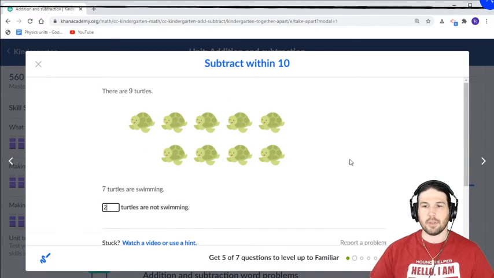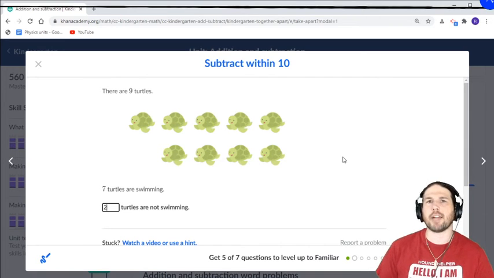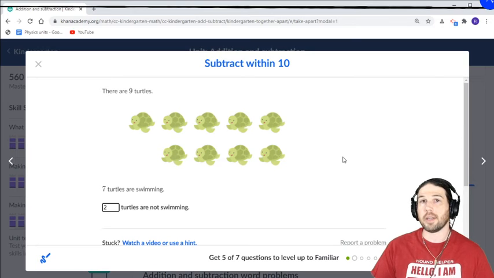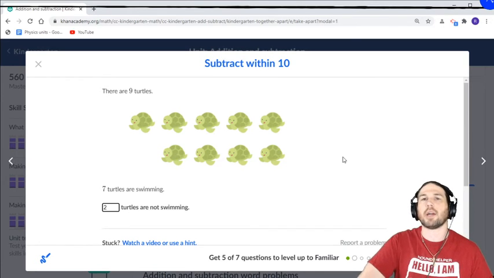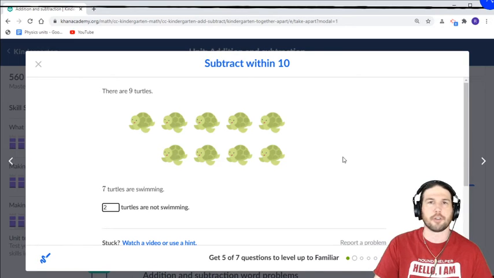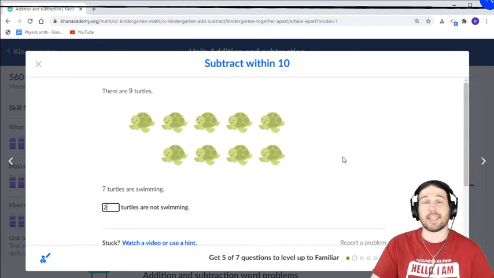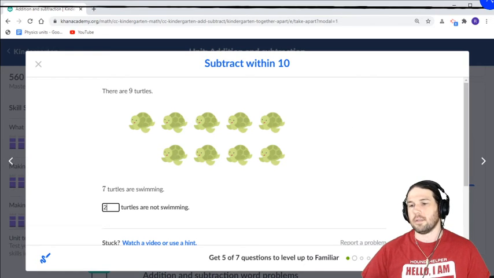2. I can't imagine how anyone would look at problems like this and think that Common Core is absurd or ridiculous. Like, yes, we're not going to talk about 9 turtles in real life, but kindergartners don't care about, like, stonks or whatever. They care about turtles. There are 9 turtles, and 7 of them are swimming. How many of them aren't? So, you know,